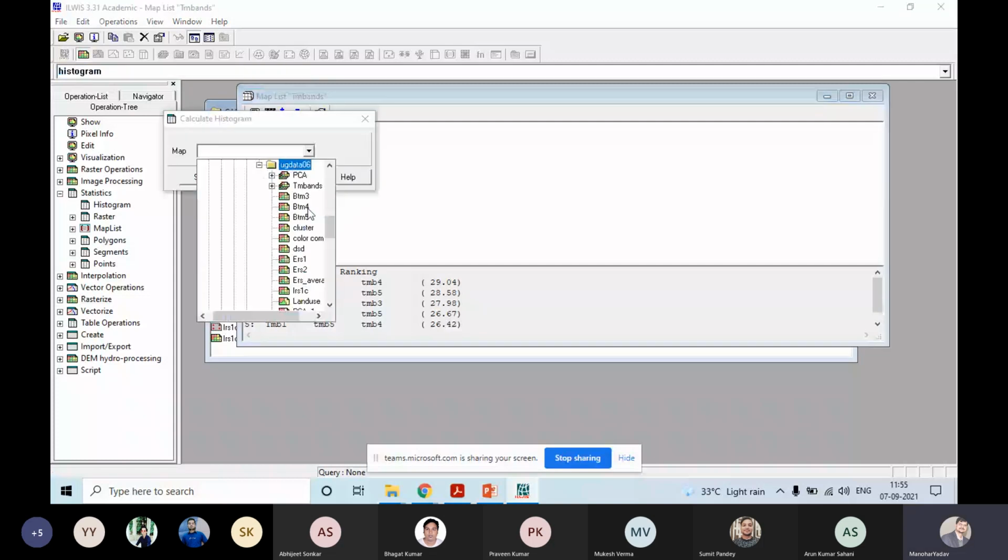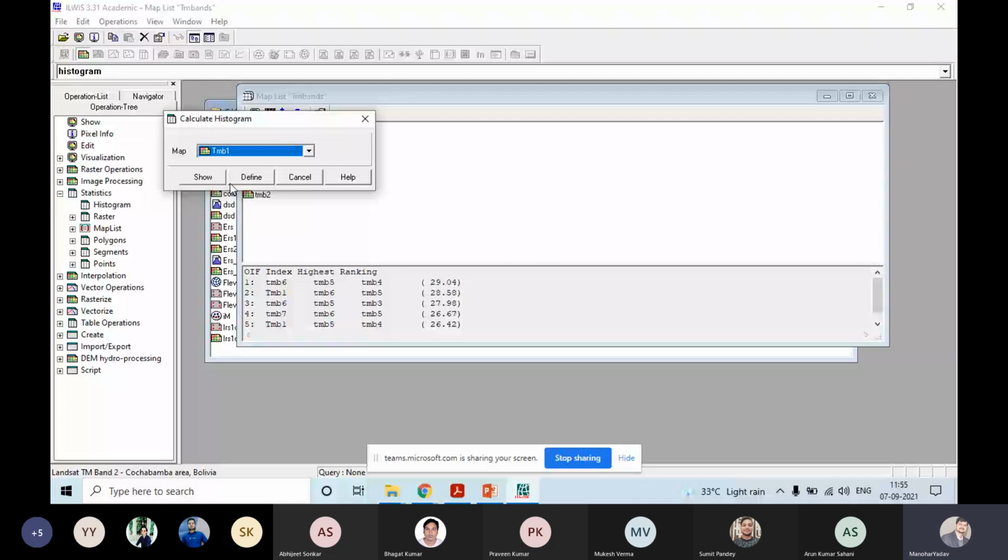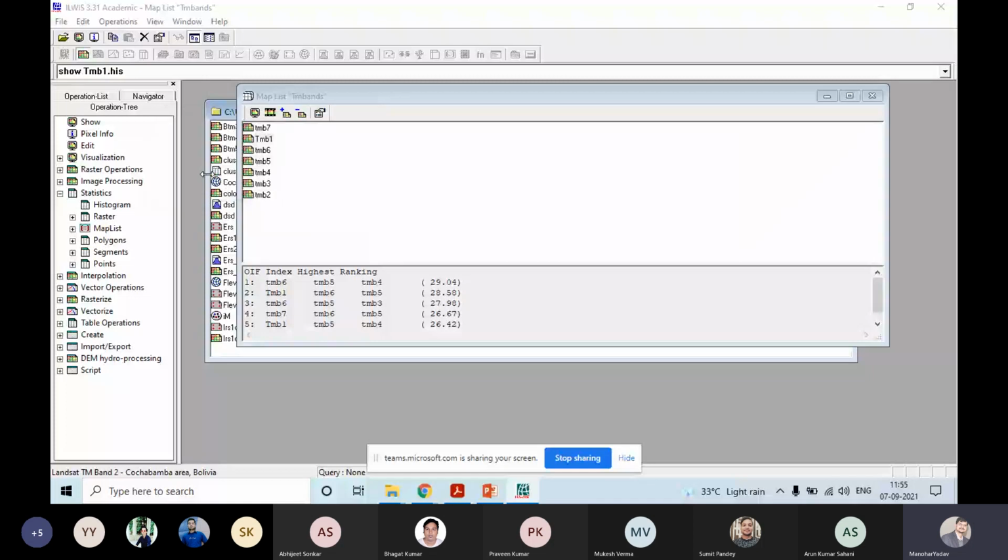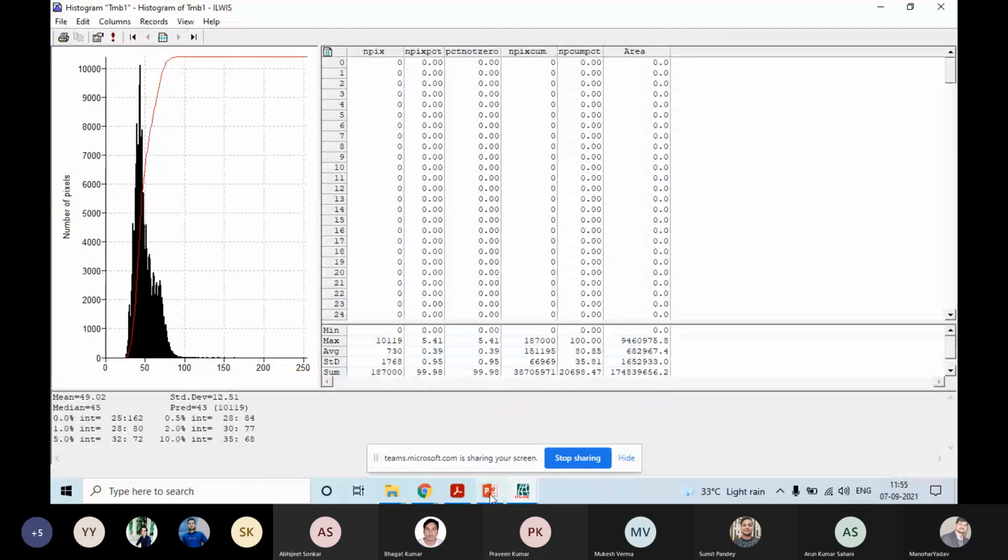If you analyze the histogram of an image, it will tell you some idea about what kind of features are there in the image. Just see this histogram. The domain, that is the value of digital number on the x-axis, is 0 to 255. But most of the pixels are concentrated within a certain range. And you can see in the statistics, the minimum is